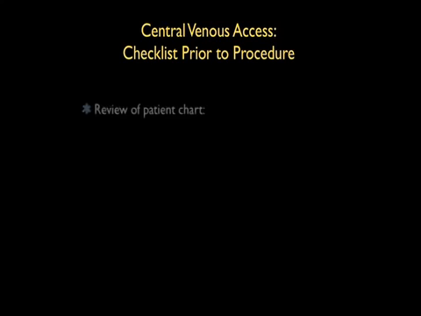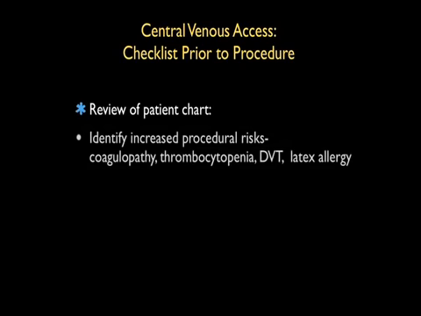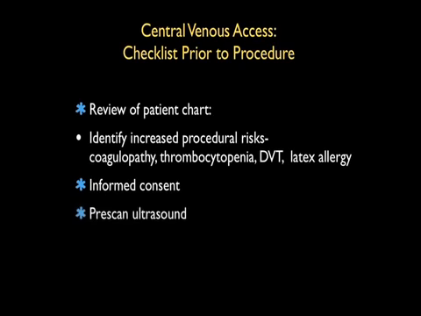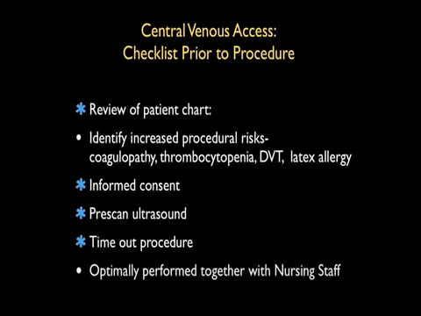Before performing central venous access, it's mandatory to perform a checklist prior to the procedure to decrease the complication rate. The first thing one should do is to review the patient charts for those increased procedural risks to our patients, such as a coagulopathy, thrombocytopenia, the presence of a DVT within the upper extremity or lower extremity veins, or a known latex allergy. One should obtain informed consent from our patients, also performing a pre-scan ultrasound to look for clot in the targeted veins. Last but not least, it's optimal and mandatory to perform a timeout procedure together with the